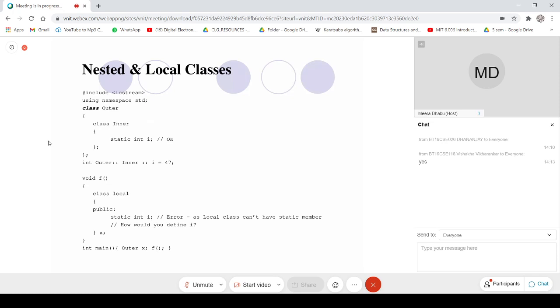Inside one class you can define your own class, and the scope of that class will be limited to the outer class. Here the class named inner is defined inside the outer class, the class named outer. But outside the outer class there is no existence of the inner class. The inner class is only known to the outer class.